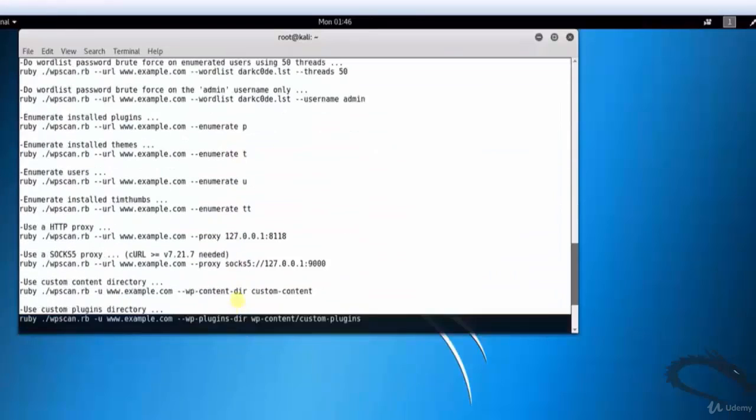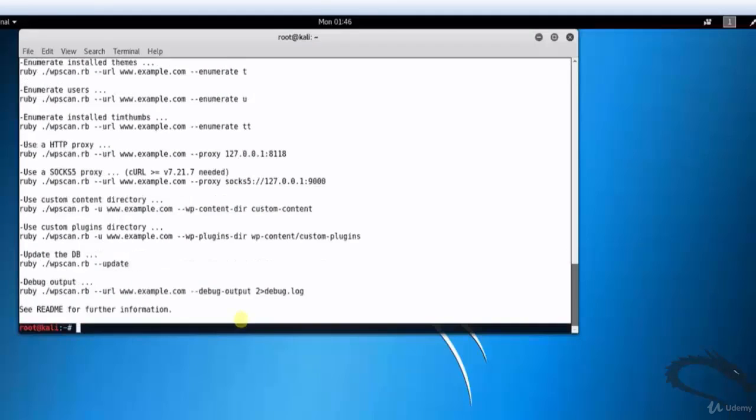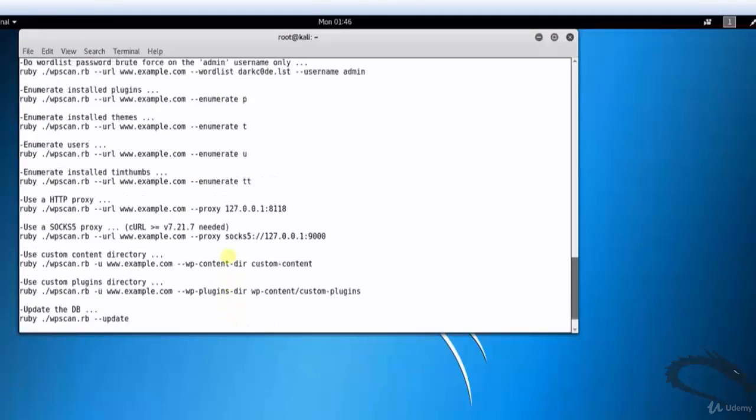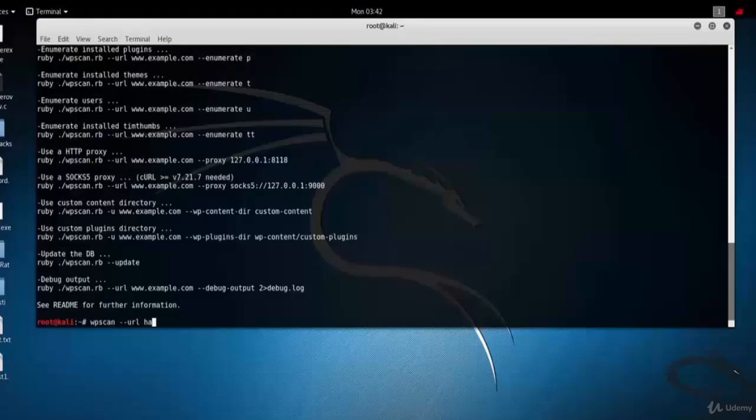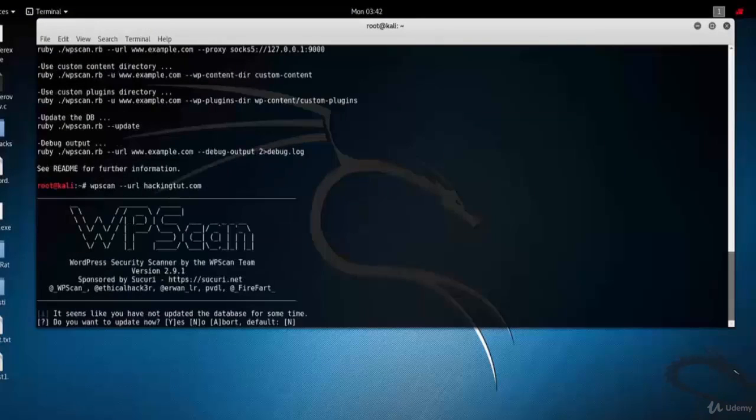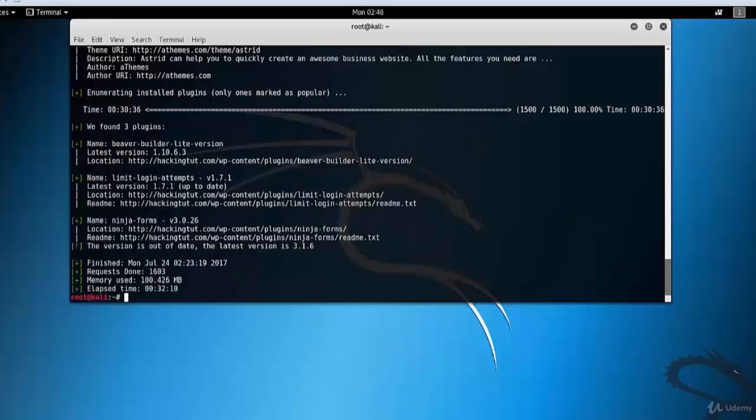Let's scan a target WordPress URL and enumerate any plugins that are installed. Type wpscan --url hackingtool.com. Here you can see that we found 3 plugins: Viewer, Builder Lite version, Limit Login Attempts, and Ninja